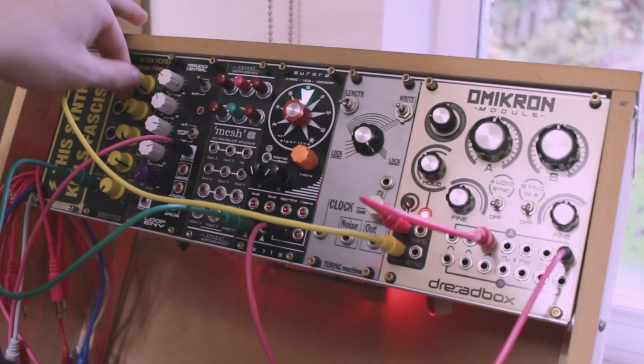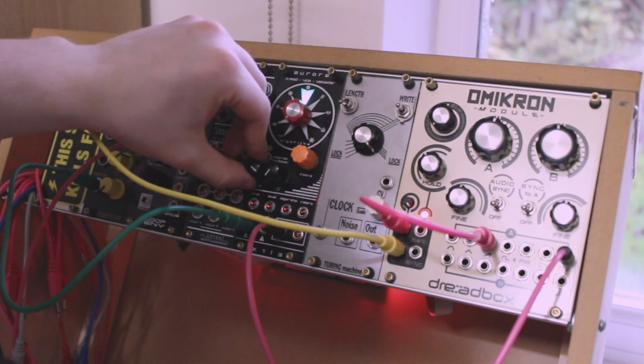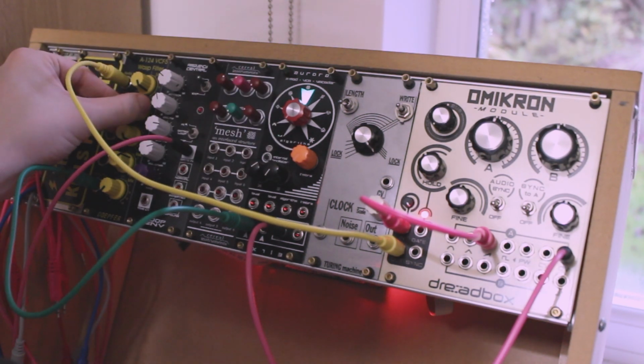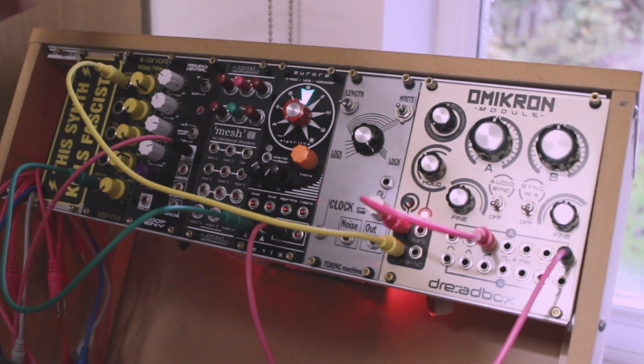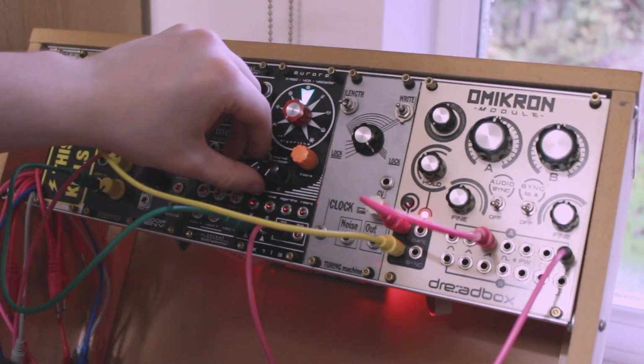If I just turn this up, you should be able to hear it. You can hear as well with these VCAs, they actually distort. So if I just plug that in and turn it up,